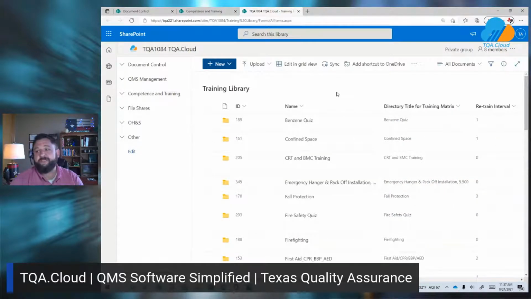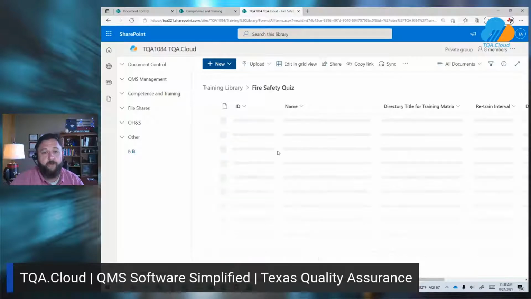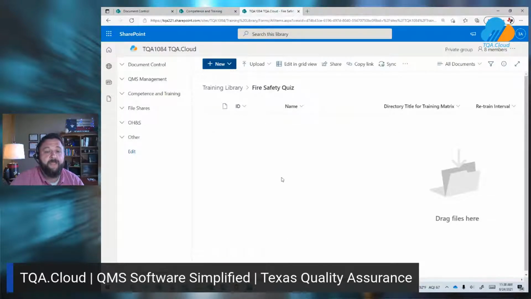And one other scenario that comes up a lot is perhaps you send your folks to an area safety council to receive the training, and you have no materials in-house at all. Well, not a problem. Let's go ahead and open up one of these competence directories. And what we can do is insert, say, a Word document or something along those lines to indicate, this is where these folks need to go for that training.